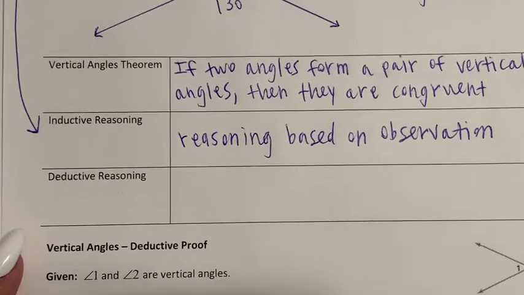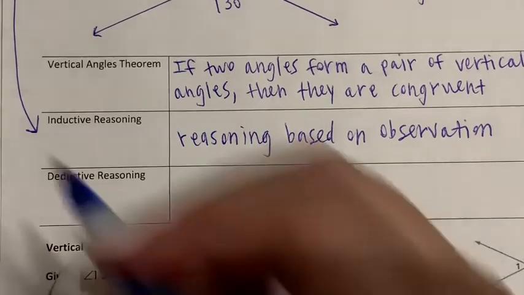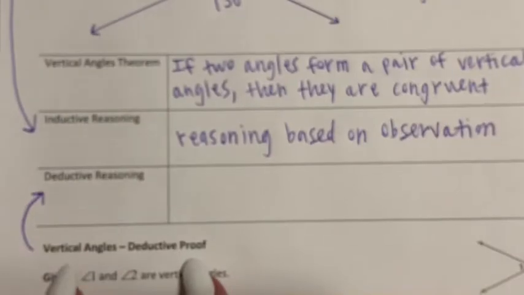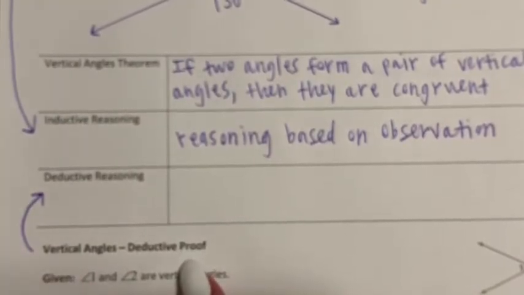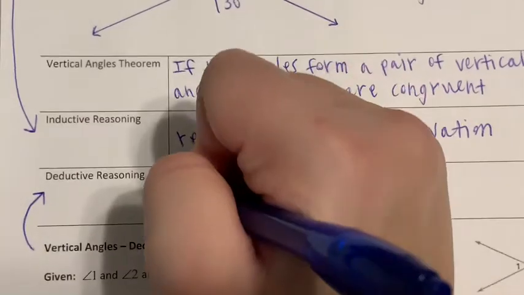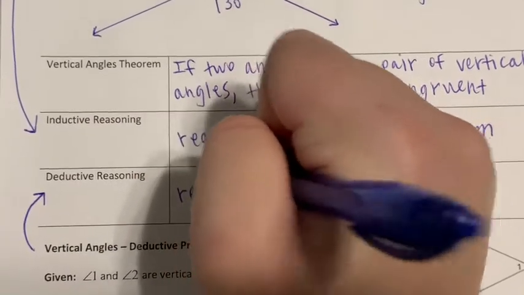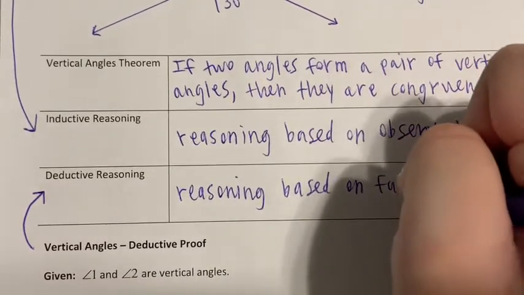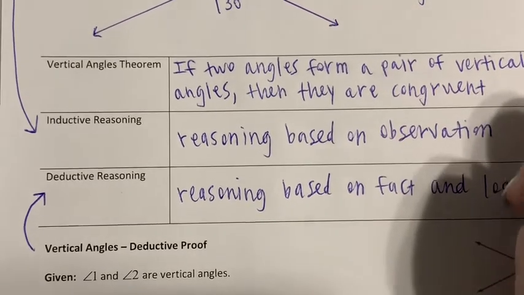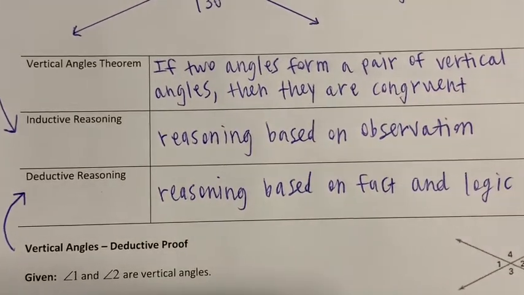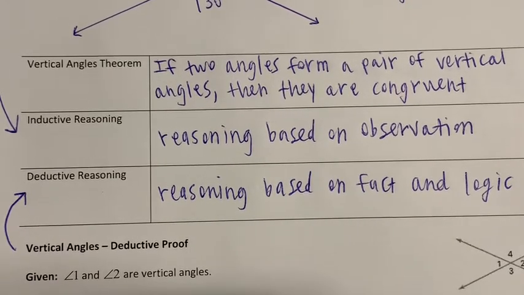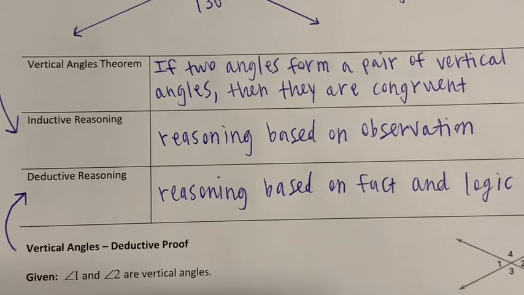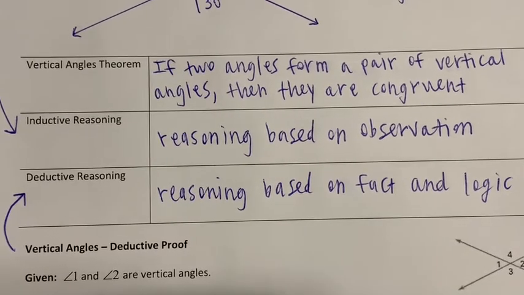Compared to deductive reasoning, and that's what we're going to do next. Beneath here, we're going to do a deductive proof. Well, deductive reasoning, and we actually mentioned this already, is reasoning based on fact and logic. So we already proved vertical angles based off of observation. Now we're going to be a little bit more formal, and we're going to use fact and logic in a